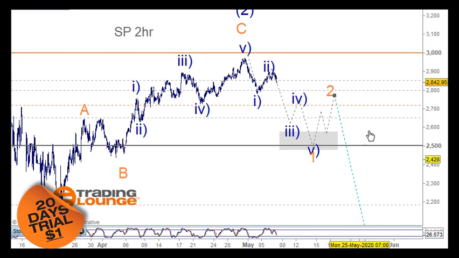So we don't need to look at this further count down here unless we get those 5 waves there. And I have to say, looking at wave 1 here and wave 2 here, it does leave enough space for 5 waves if indeed it's going to pull down that far here. So we can see,